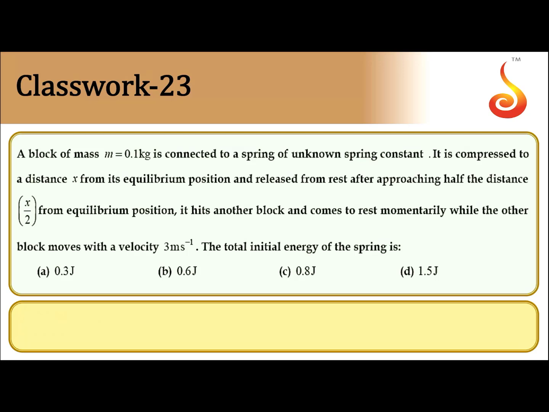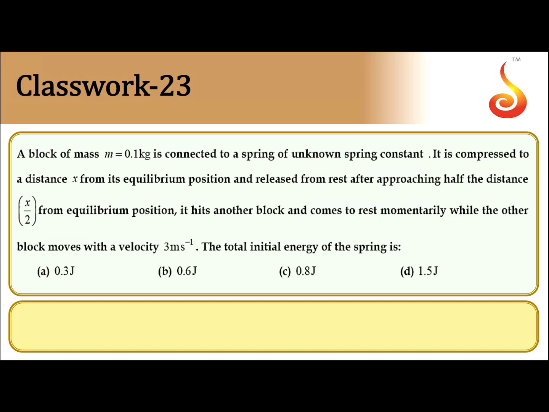Next, a block of mass 0.1 kg is connected to a spring of unknown spring constant. It is compressed to a distance x from its equilibrium position and released from rest. After approaching half the distance, that is x by 2, from equilibrium position, it hits another block and comes to rest momentarily while the other block moves with a velocity of 3 meters per second. The total initial energy of the spring is,